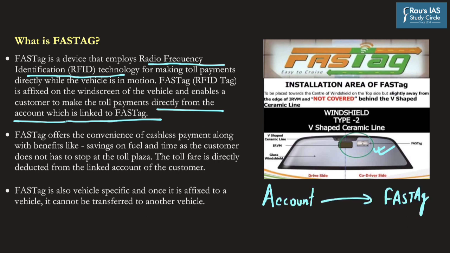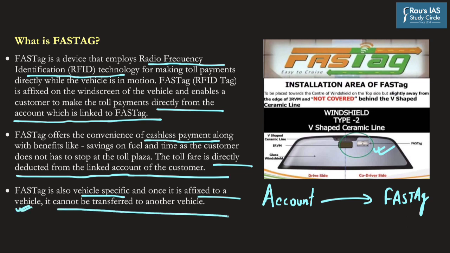So in this regard, we can say that FASTag offers the convenience of cashless payment along with benefits like saving time on a toll booth and also saving fuel, as the toll fare is directly deducted from the linked account of the customer. Another important aspect with respect to FASTag is that it is vehicle specific, and once a FASTag has been issued and affixed to a particular vehicle, it cannot be transferred to another vehicle. So if a FASTag is issued for a particular car or a particular vehicle, then such a FASTag cannot be